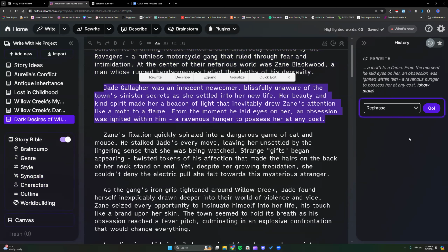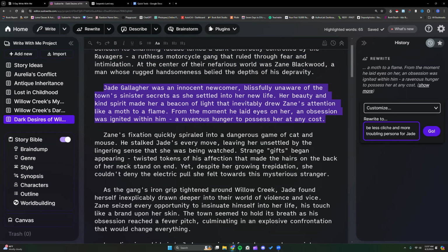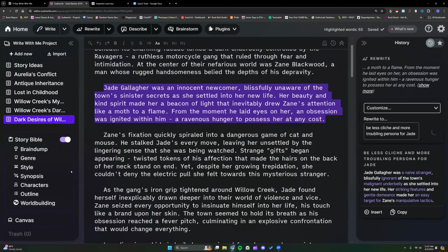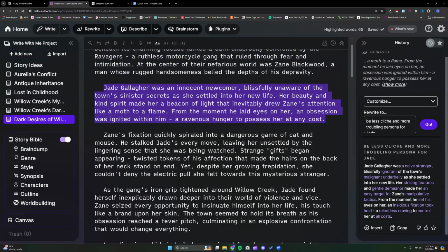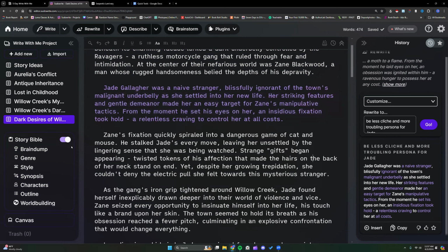I'm going to rewrite and have it be, so I want to have her be less cliche with a more troubling persona. Let's see if rewrite will work. I like the wording better. Can't say it really accomplished the task, but